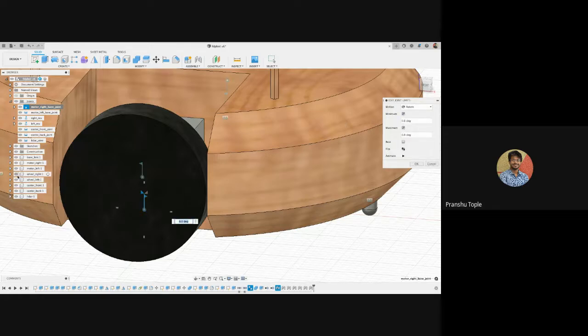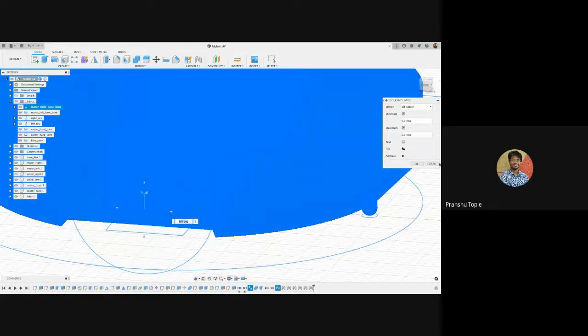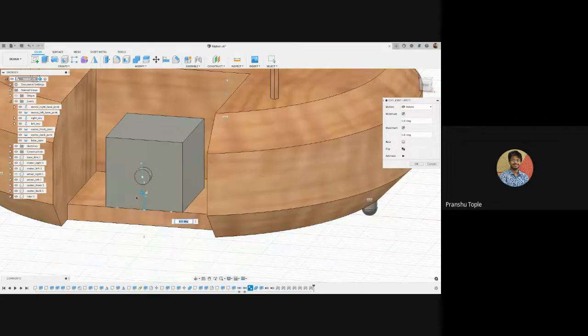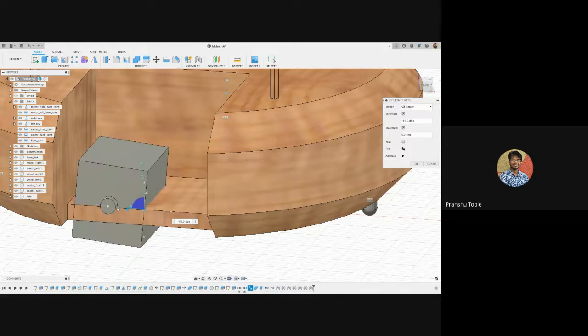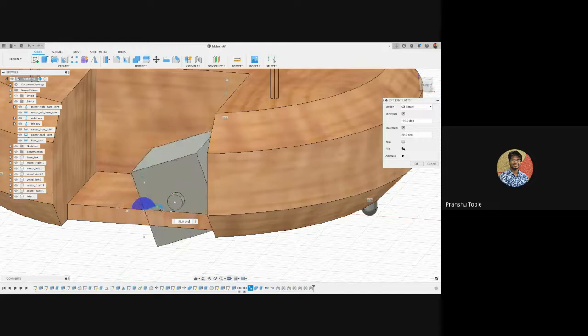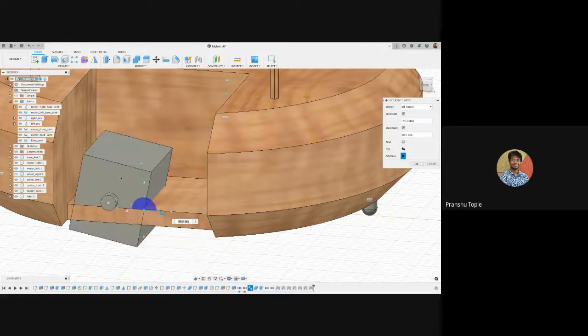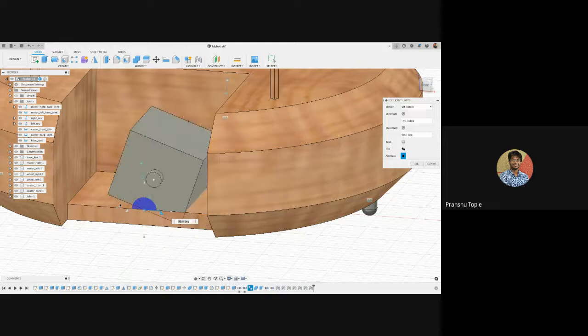I will just hide this wheel for a moment. Yeah. So here I will get these kind of flags. So I can select OK. I want this joint to move from minus 90 degree to positive 90 degree, and I want the center. If I want, I can animate it. So see, instead of rotating continuously, it is going only in 180 degree. If I want the angle just to be 90 or something like that, see, only in this much angle it will rotate.